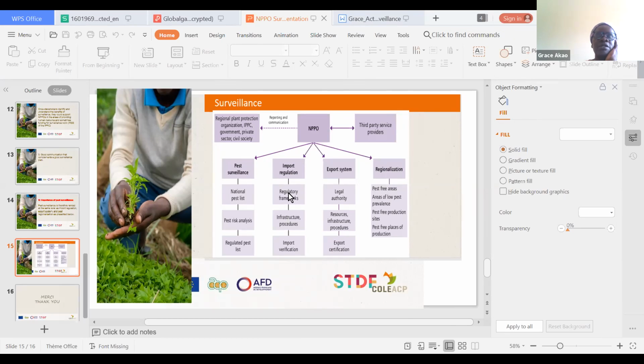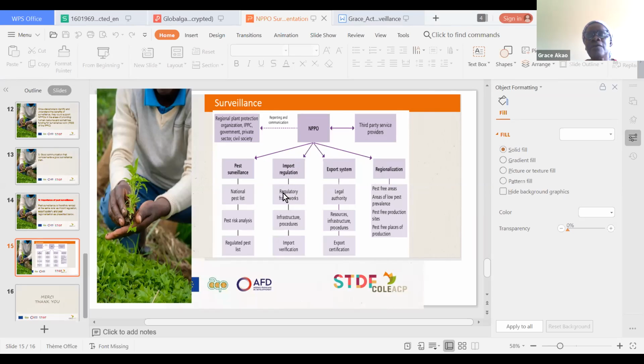It used to be a very old law, then it was reviewed, the old one was revoked, and a new one adopted. So all these are to be reflected within the legal framework, and that is why it mentions the regulatory framework.